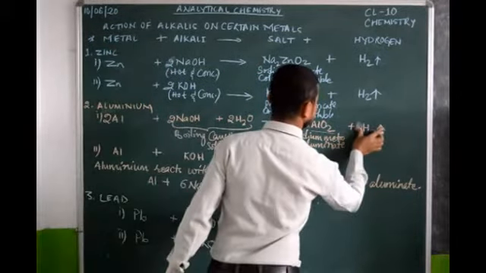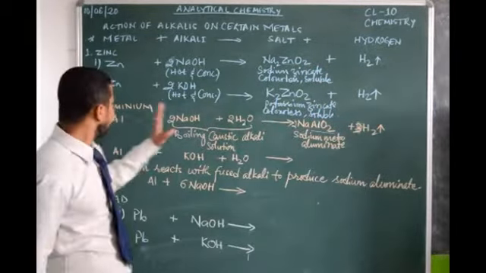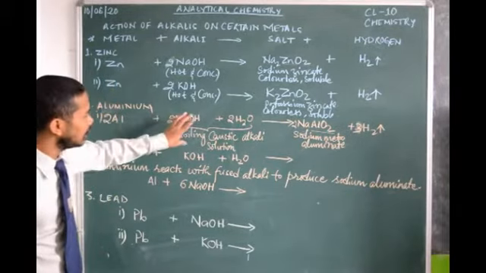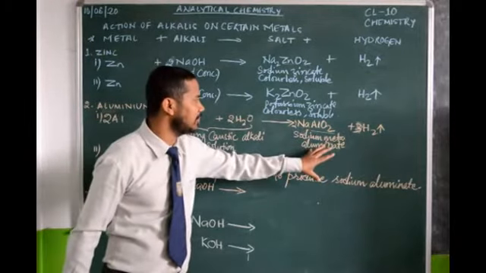So when aluminium reacts with boiling caustic alkali solution, we will get sodium meta-aluminate